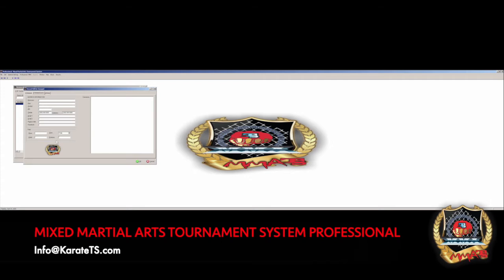Like, if you have a female event and you're going to have females fighting, probably you will want to know if the judge you're picking is a female, because then it will look nicer to have a female judging, refereeing an event of females, if it is possible, right? So this is why this information is right here. Then you get a note and a comment here where you could write down any additional information, more biography of that